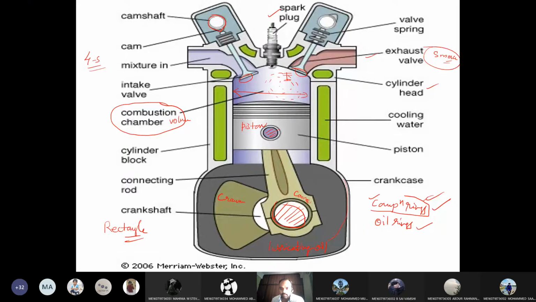Okay, I'll ask one question to that guy. Why are manholes in a circular shape rather than rectangular or square? Drainage manholes. No idea, sir. You think. If you don't get it, I'll tell you tomorrow. I have seen rectangular shapes also for manholes, very few, maybe for domestic purposes.